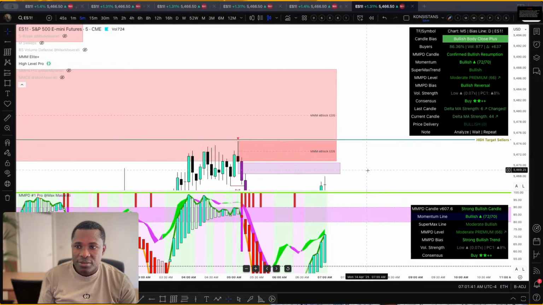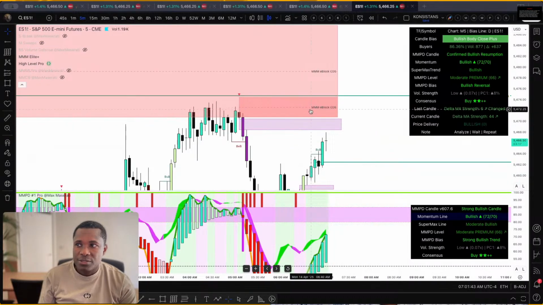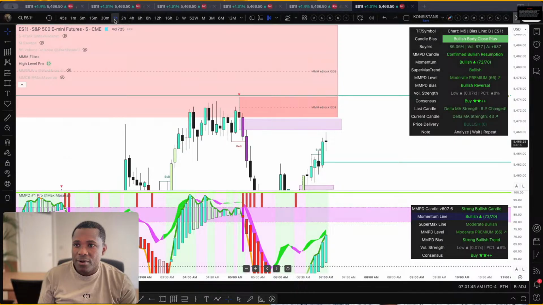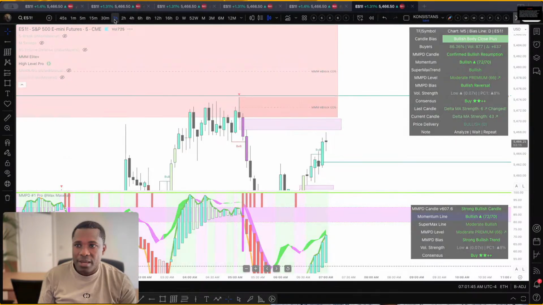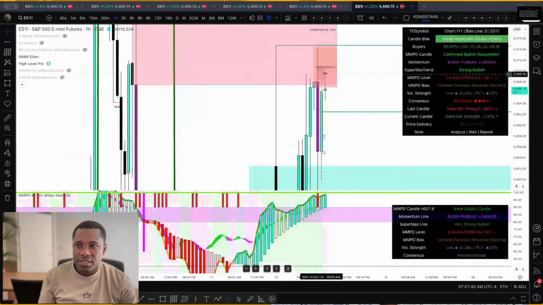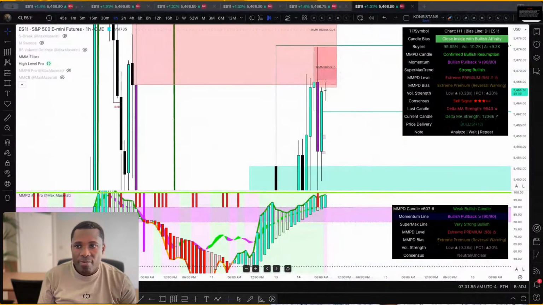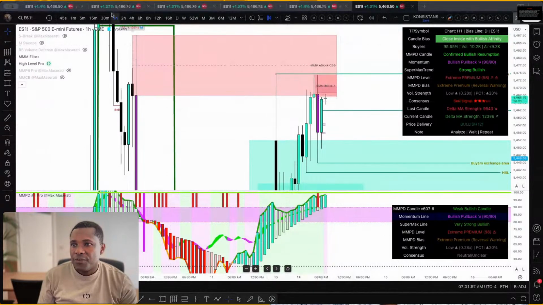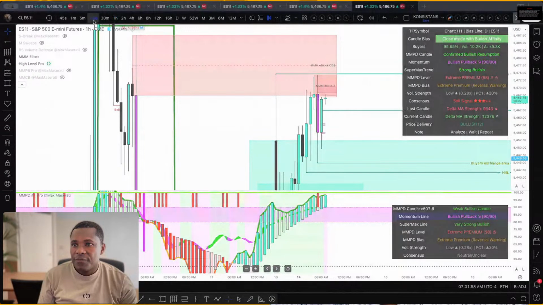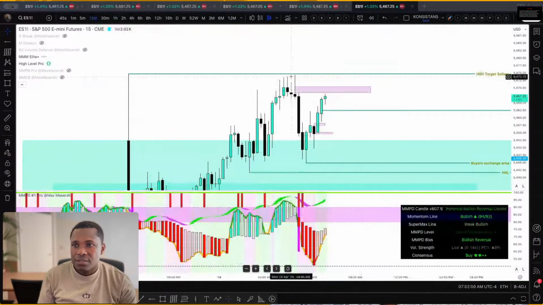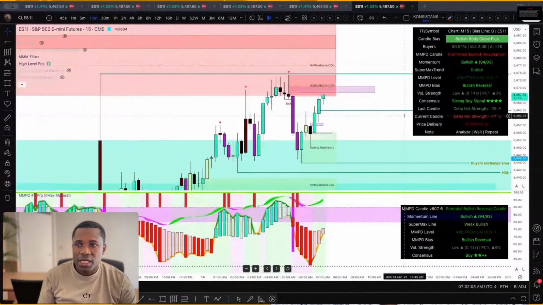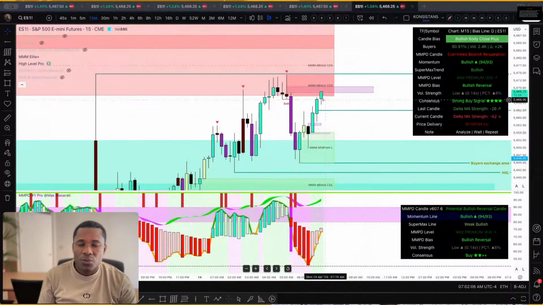On the 6 hours. However, in the 1 hour, we expect price to respect this MMM short. We expect price to respect this and then push down. But we don't know. So on the 15 minutes as well, we have the same thing. Price to respect this high and push lower. But in order to do so, we need price to go up to give us a